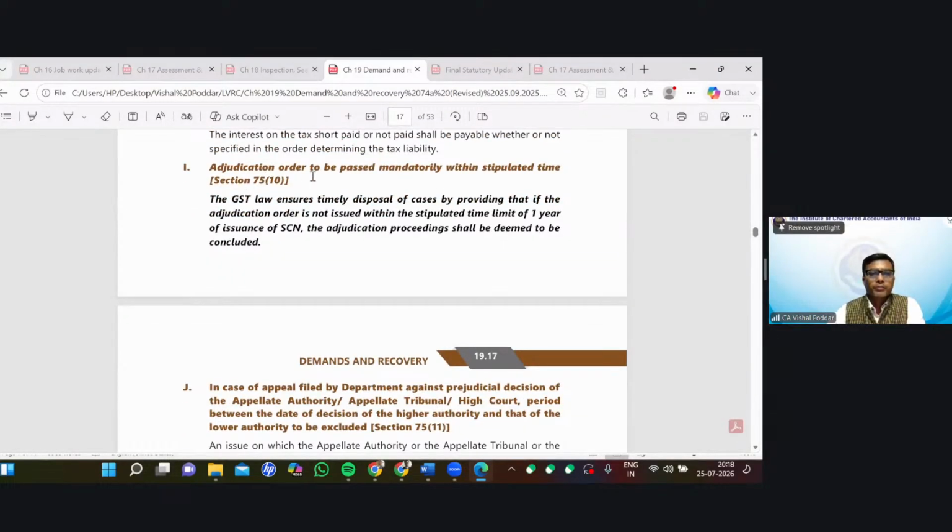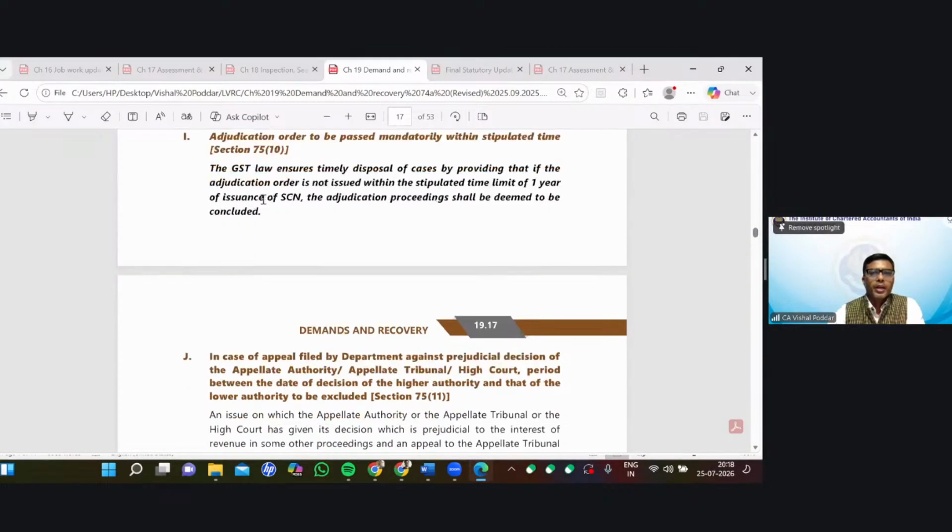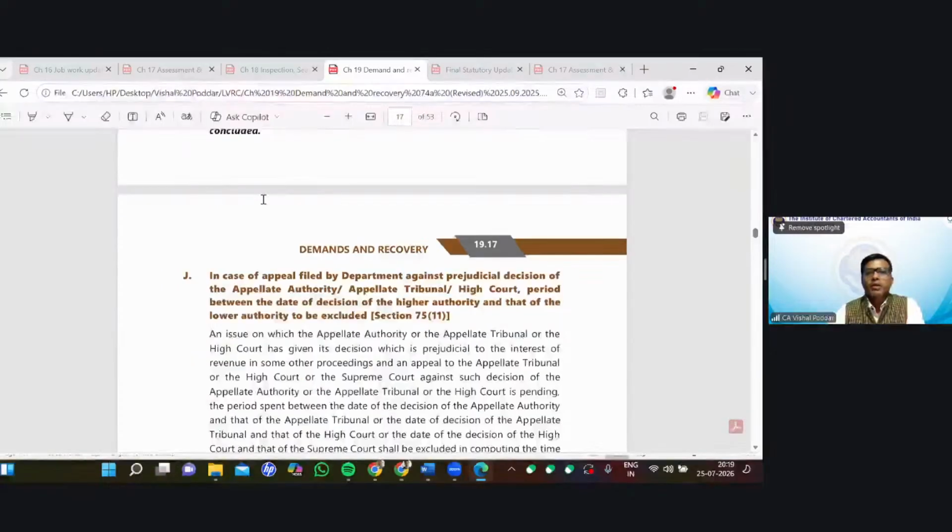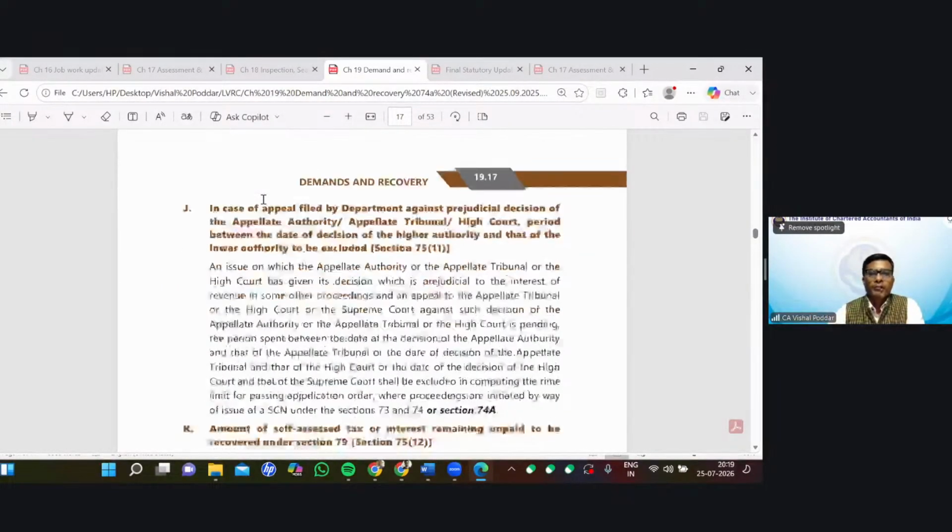Next, adjudication order to be passed mandatorily within stipulated time. Again, we have seen the time limit. The requirement is that whatever order is passed, that order should strictly follow the timelines. If the order misses the timelines and if the order is not passed within the timelines, the order will become void. In case of appeal filed by the department,